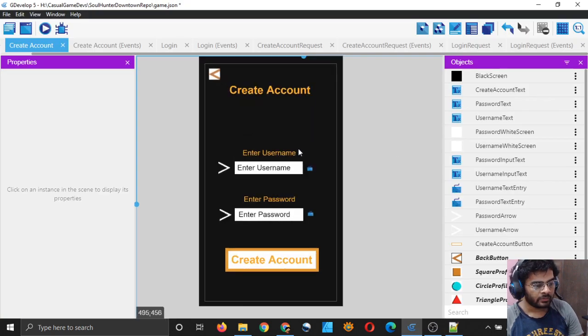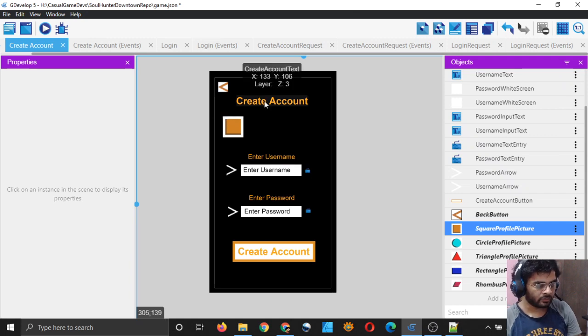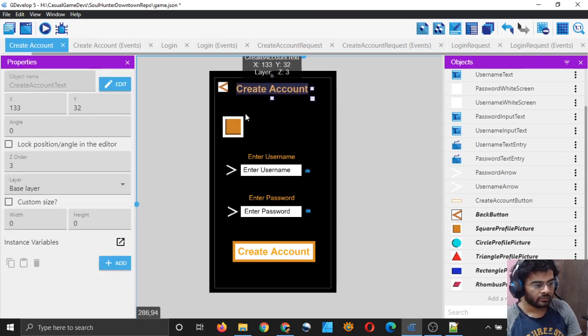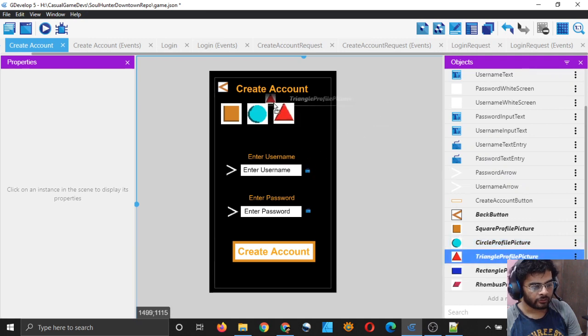We can simply put all the profile pictures here and let the user choose from them. So it can be a little archaic method to do that, but it will work hopefully.